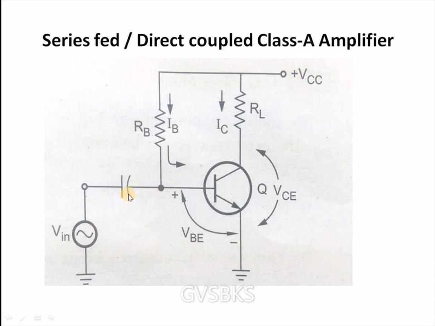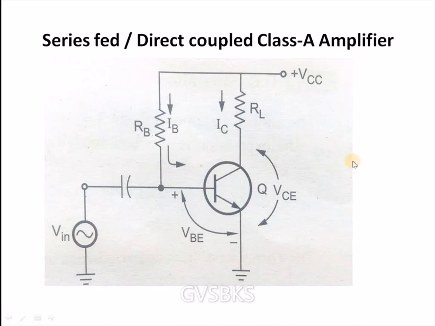This input capacitor will block the DC voltage from the VIN source and allows only the AC signal to pass through the base circuit. One thing we have to observe here is that the load RL is a resistive load which is directly connected to the collector of the transistor. As we are using a resistor as a load, it will waste some of the power in the form of heat. That's why the efficiency of a Class A amplifier is less than other power amplifiers.